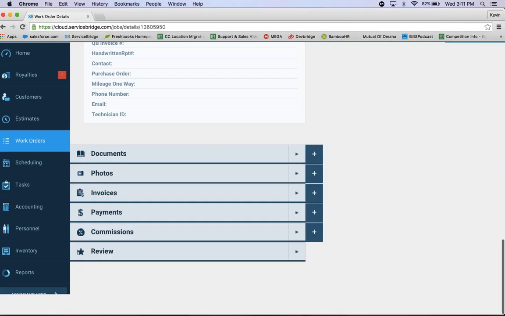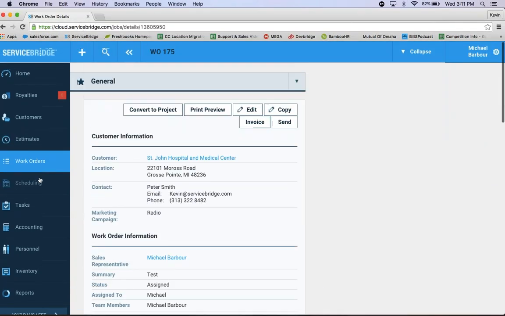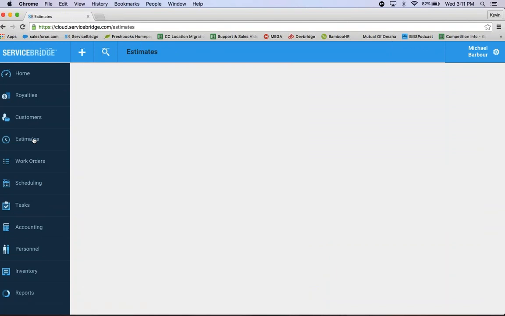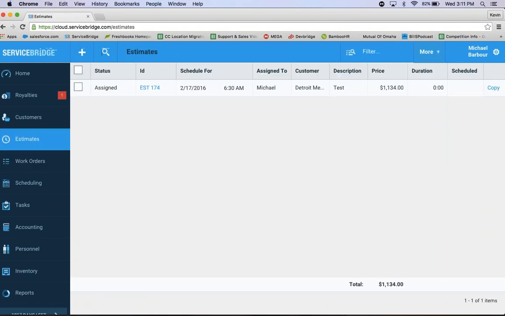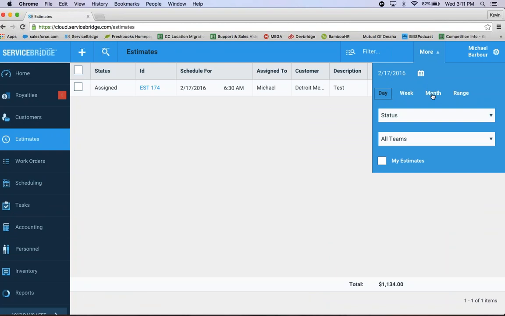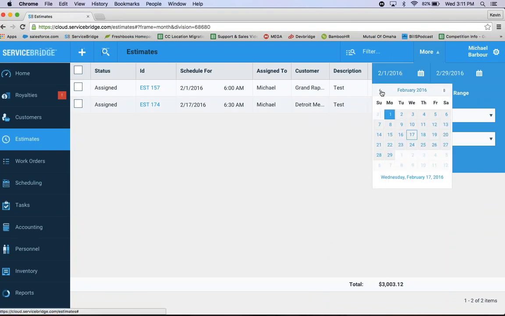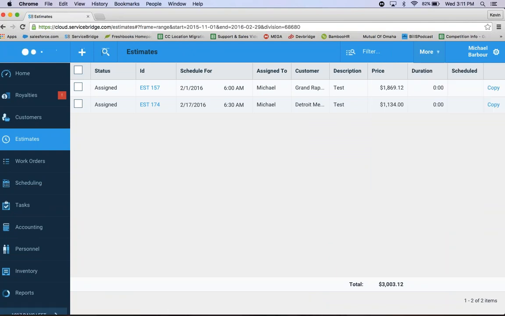Cool, so I'll answer questions at the end, but let's go over to the second portion, which is discussing estimates as a sales tool. So I'll go ahead and select estimates. And when I click on estimates, not much is showing up now, but let's go ahead and select a few months back. So perhaps it's helpful for your team in the office to work with old estimates that at one point,